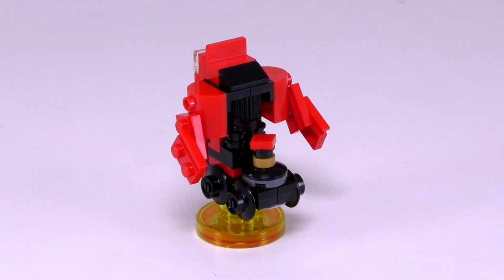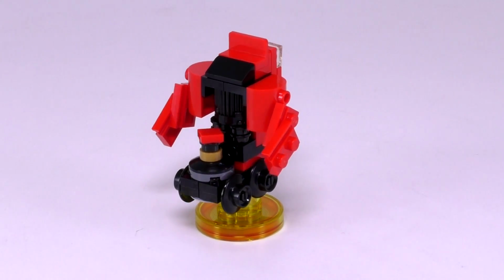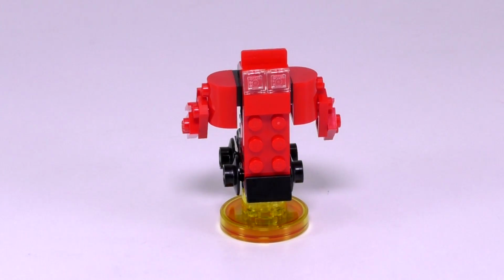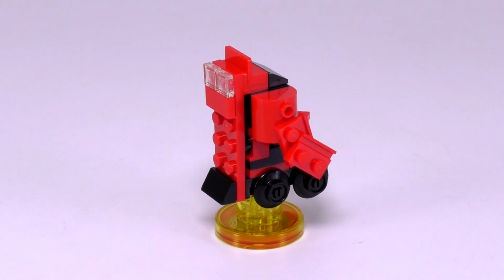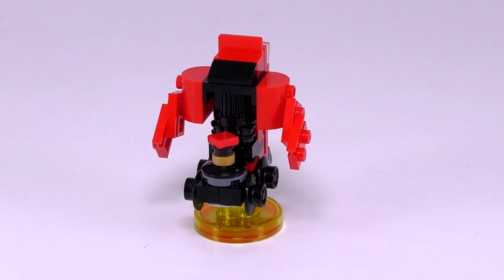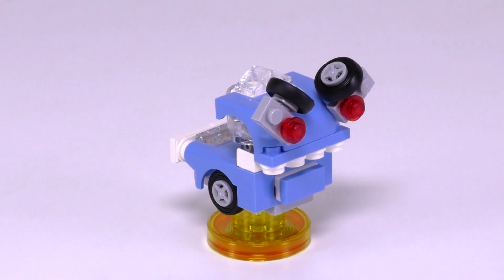Now the Hogwarts Express turns itself into something called the Steam Warrior. The only really distinctive thing I get from this build are the arms in the front, and everything else I guess sort of resembles a torso, and it rolls around on 4 wheels. Kind of a strange one, not a big fan of this build, but this alternate one is probably one of